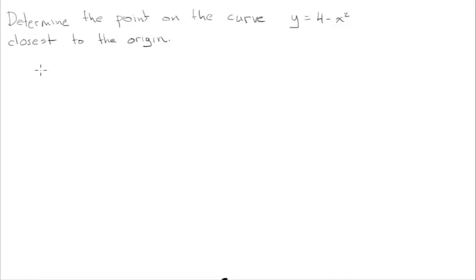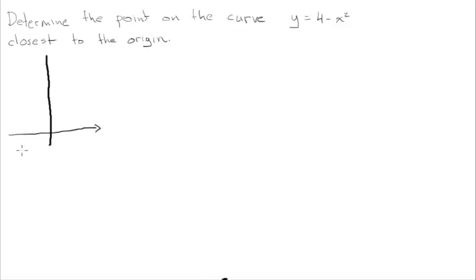In this video, we're going to solve another optimization problem. The question states that we want to determine the point on the curve y equals 4 minus x squared closest to the origin. So like most optimization problems, a good place to start would be to